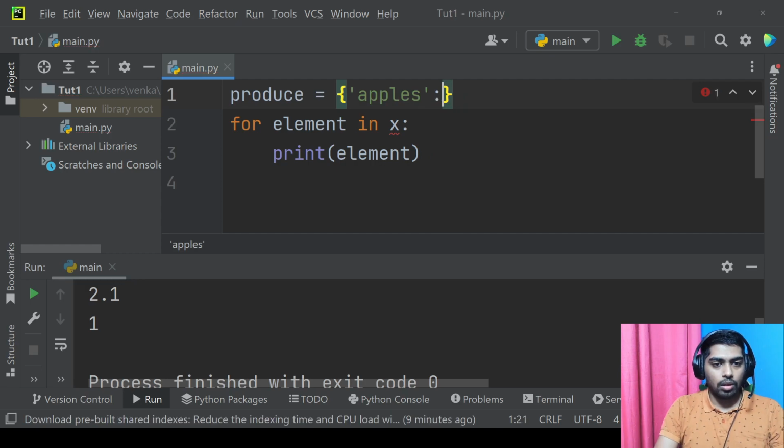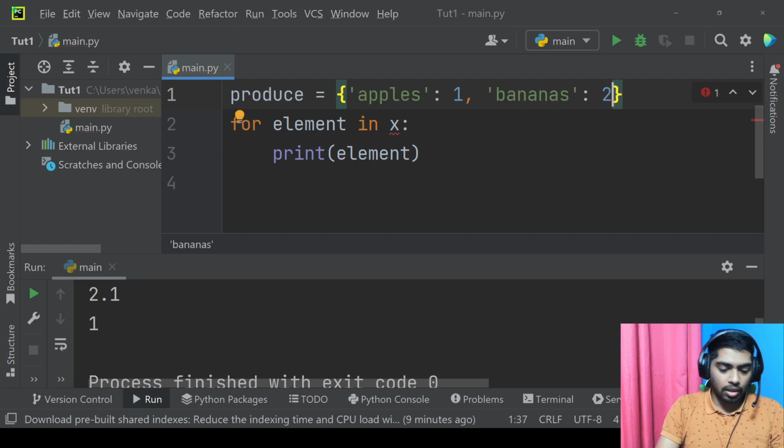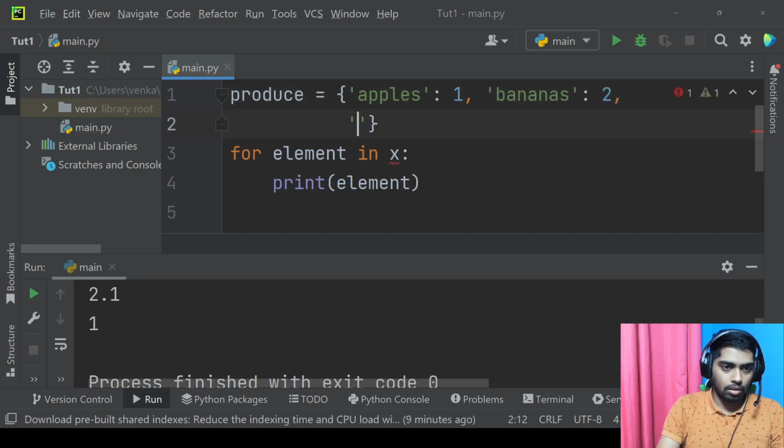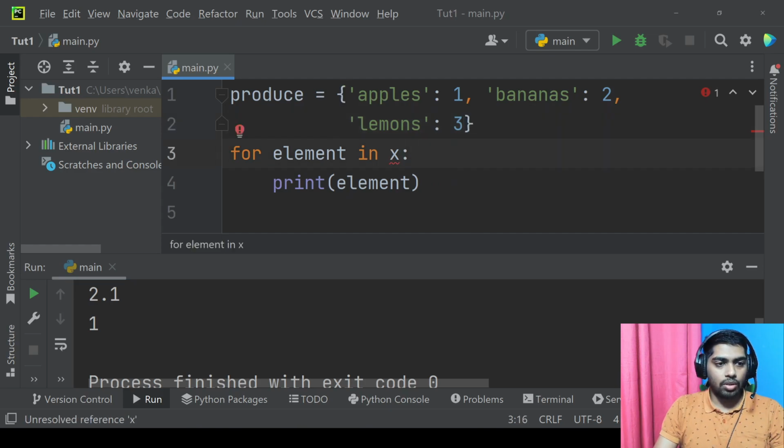We have 1 apple, two bananas, and 1 lemon. Actually, let's make it 3. So to iterate over dictionaries, what we can do is have this as element,